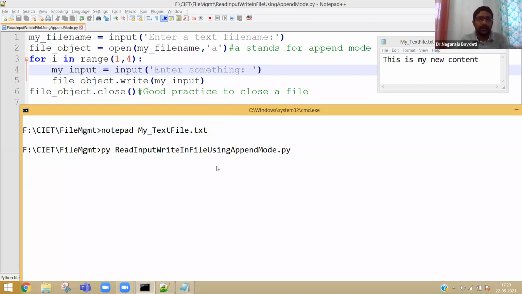Now I am executing read input write in file using append mode.py. Now it will ask a file name. Let me give the file name. Okay. Enter something.